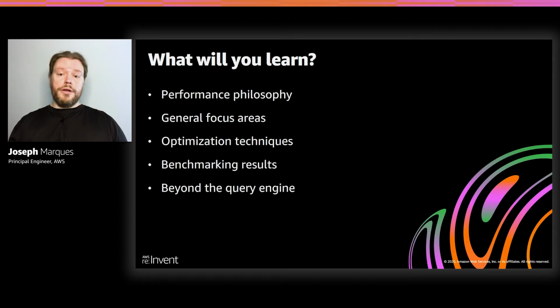So what are we going to learn today? We're going to learn 5 different pillars. First, we're going to start with our performance philosophy, which is why are we doing this, and how we formed a dedicated team within the organization to focus on just performance of multiple different open source engines, including Spark and Presto. Second, we're going to talk about our general focus areas, which is where we apply that